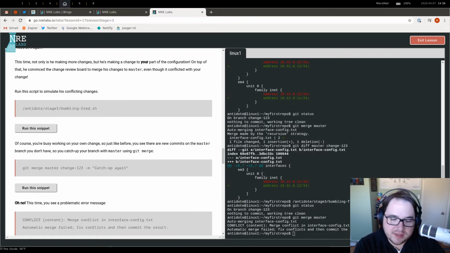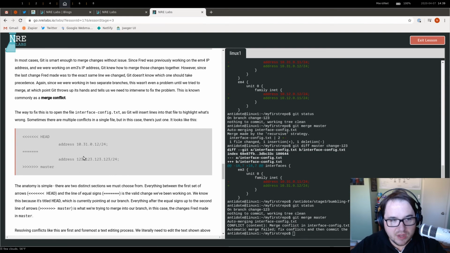It sounds scary because it has the word conflict in it, and conflict is a scary word, but it actually isn't that big of a deal once you understand what's happening. And there are a bunch of different kinds of merge conflicts. We're only going to deal with one kind today, but effectively, as I mentioned before, Git is usually very intelligent, and it can manage changes to the same file as long as they're separate, but if they start to overlap, that's one of the things that causes a merge conflict. And as you can see in the text, it just says, hey, we have a merge conflict in the text file,